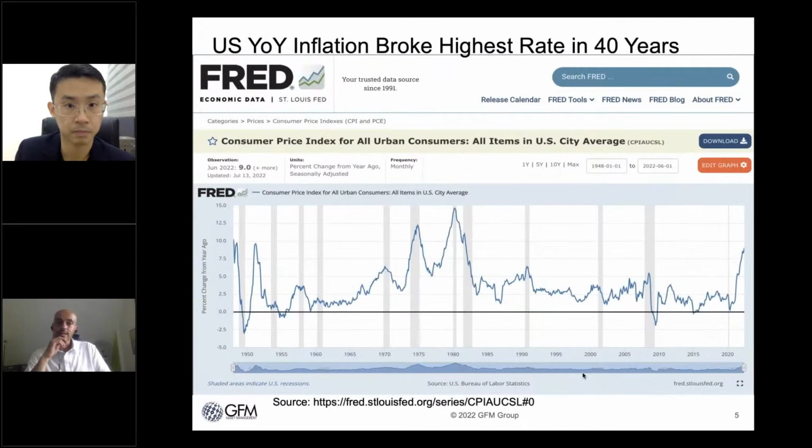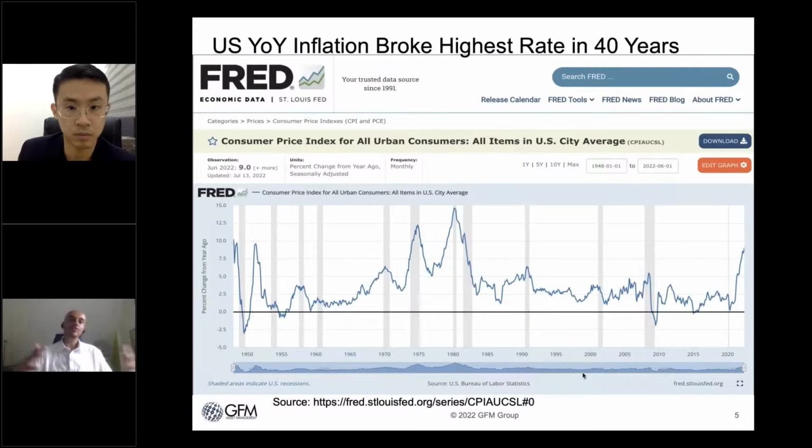So first topic, the title: inflation hits 40-year highs. You've probably seen many headlines and many presentations about this. What exactly does that mean? Inflation, in a nutshell, is just a measure of how much more the price of goods and services that your average urban consumer buys, your average resident of a city, has to pay for the same exact stuff that would have cost $100 last year. So what 9% year-on-year inflation means is that if we took a basket of goods,